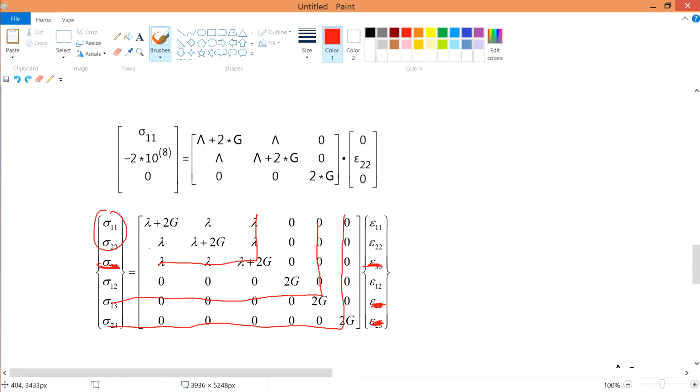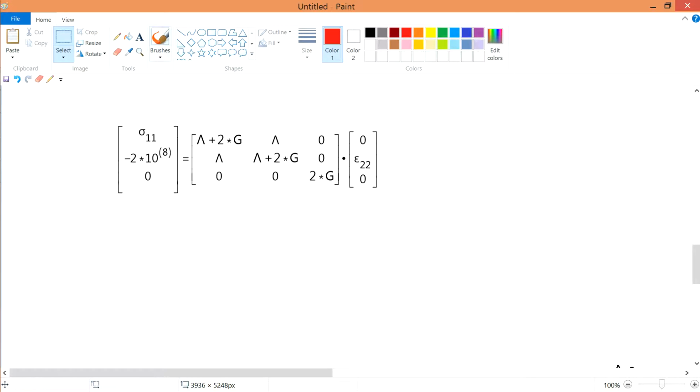So I'm actually removing all this, right? For what I have is this thing over here. And we wonder why my sigma 12 is 0 and why my strain 12 is 0. It's because when you stack your billet, you're just stacking on top of each other. You are not stacking in terms of trying to do this thing, or perhaps slightly away like this. You don't stack it this way, because if you stack it this way, you have some shearing, right? So therefore, in this case, we have no shearing. So this is why the sigma 12 is 0, strain 12 is 0, but we can still have